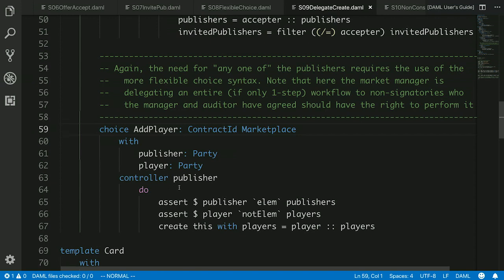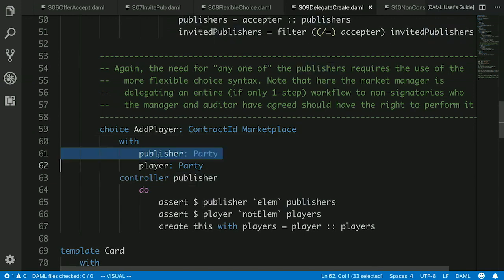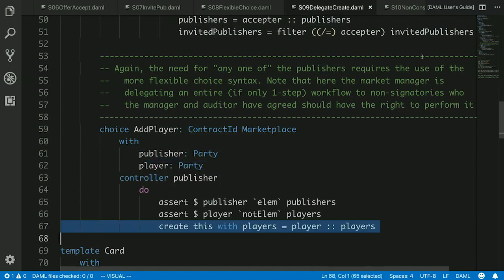So here we have the ability to have a choice where the publisher passes in a player, and we will add that player to the list of players.